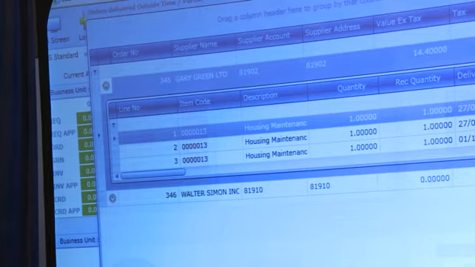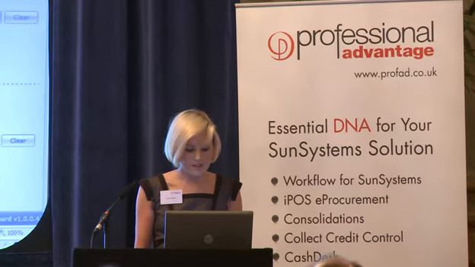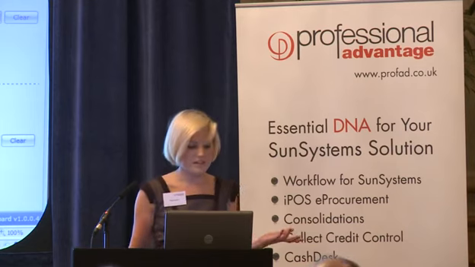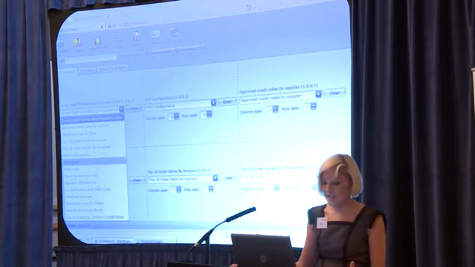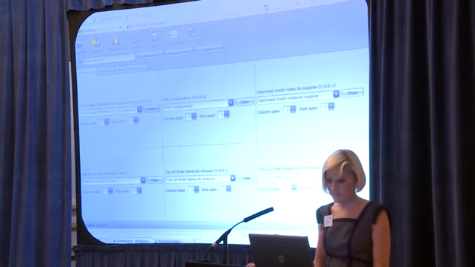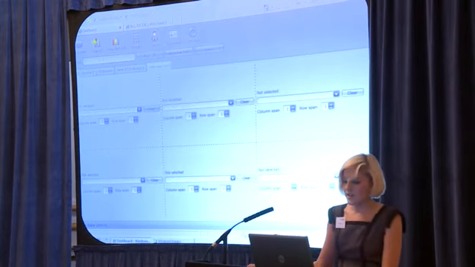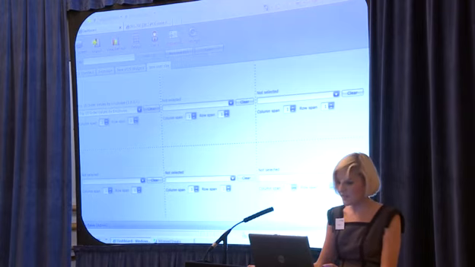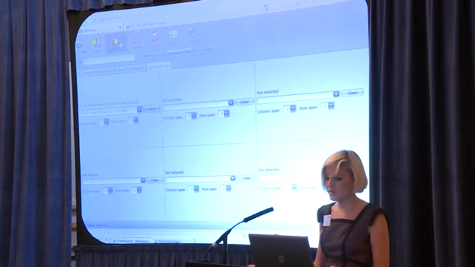So if I shut that particular graph, if we go and have a look at the design area, each user can come into the design area and select how they wish their front screen to look. They could go into the design tab and decide the structure that they wish the screen to take. They could select exactly which graph they want in which area, and the column span and row span of that graph. If we add an additional tab here, so if I add an iPOS user day tab and add that tab to the screen, then I could select a particular graph and the column span of that graph, save it, and then if we view and refresh,